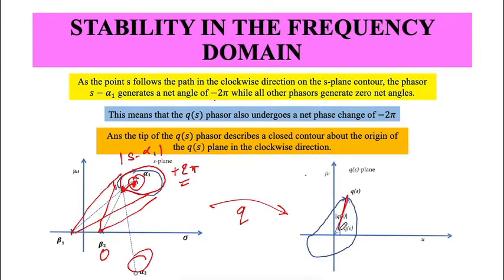Okay, so again I have two zeros, alpha 1, alpha 2, and two poles, beta 1, beta 2. I just pick this guy alpha 1, and I generate a contour in the clockwise direction. So I go here, and I see this guy also generates a contour, a closed curve again in the clockwise direction.